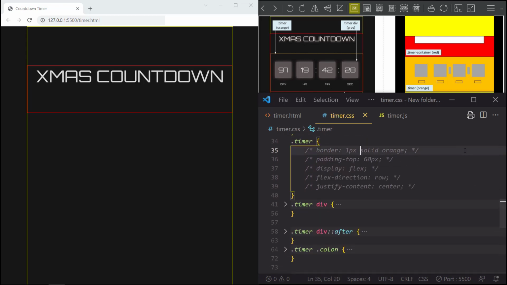Alright, now let's move on to the orange container with the class name of timer. Let's set its border to 1 pixel, solid, and orange, and set its padding top to 60 pixels. Okay, now remember I mentioned before that the contents of this orange div will be set programmatically, so go to